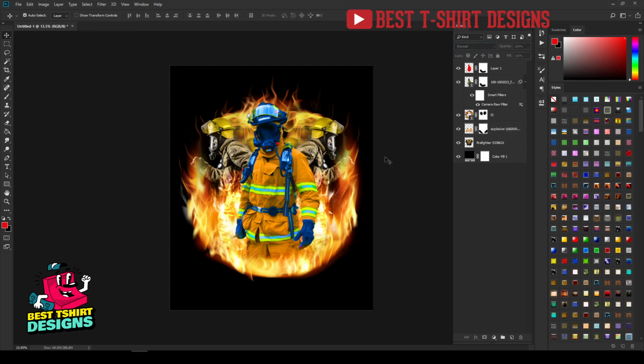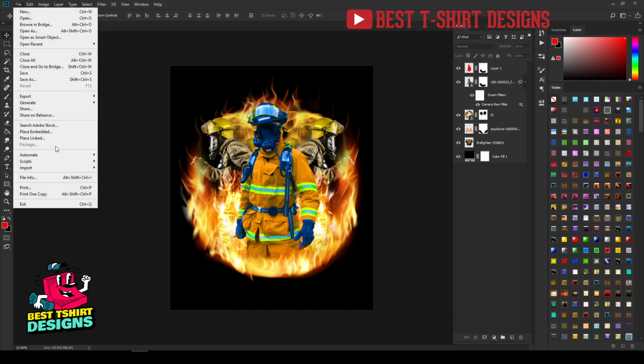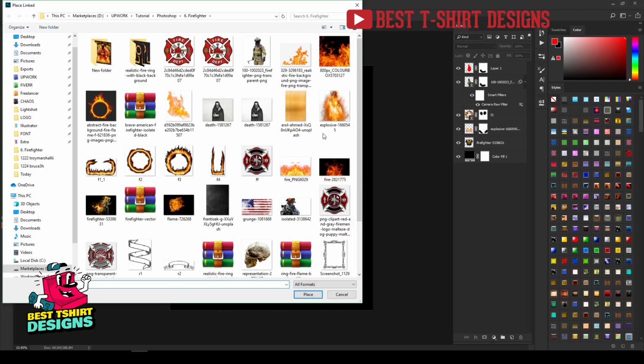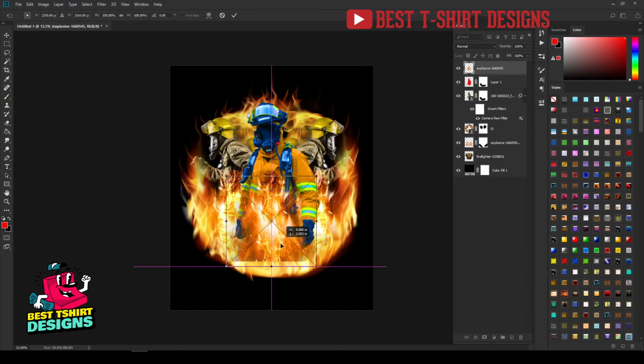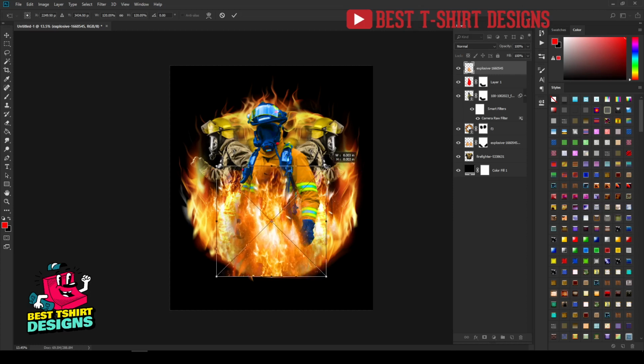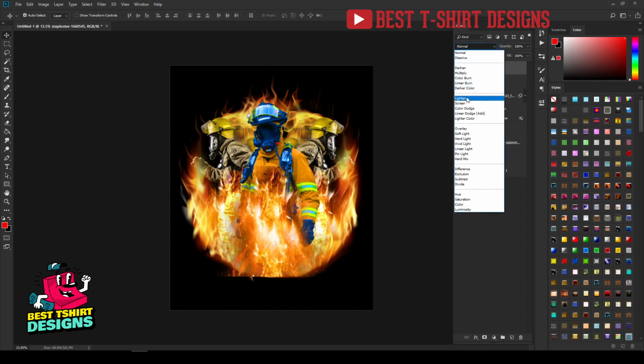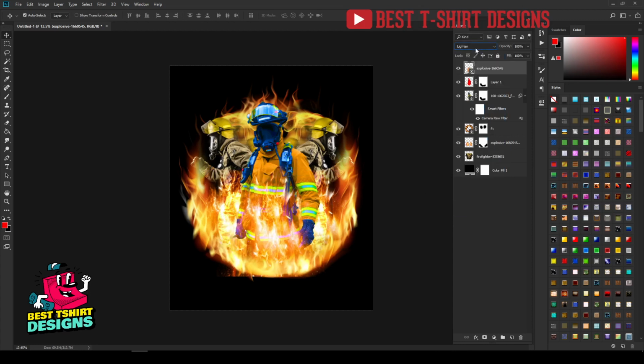So this is the main design area that I wanted to create. Don't worry about it, we can still make some changes here. Like I can simply paste one image here to match it with the background, maybe a bit bigger in size. Then again I want to play with the blending modes so that it looks like the firefighter is standing inside the fire. And then again create another layer mask, take the brush tool to erase this area.